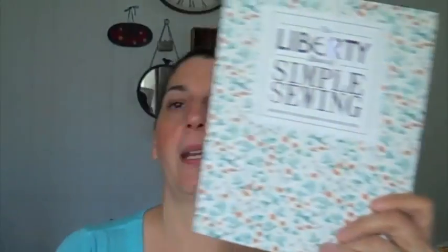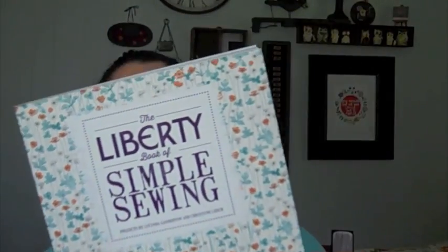So I haven't bought any yarn, so I don't have any new yarn to show you, I'm afraid. But I have some other things, so let me just go into talking about new acquisitions. I'll talk about my books first. So I picked up a couple of books recently, sewing related, of course, because of my new addiction to sewing, but this one I picked up at my local Barnes & Noble, the Liberty Book of Simple Sewing,